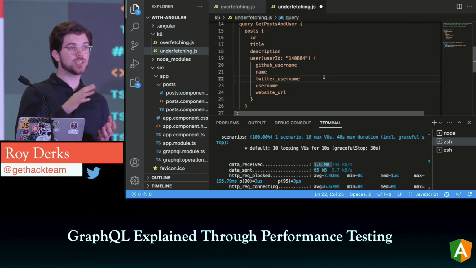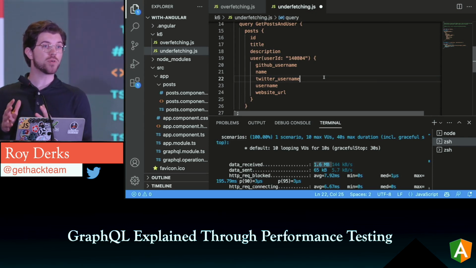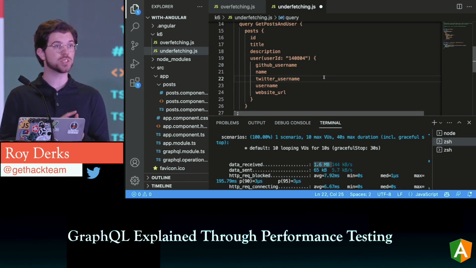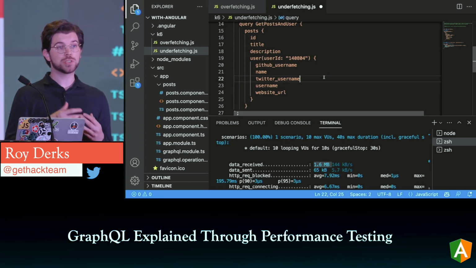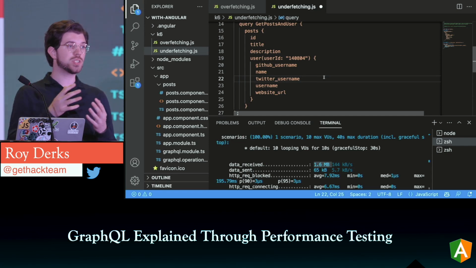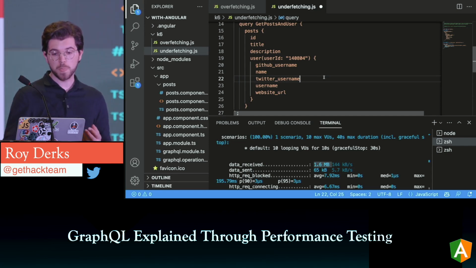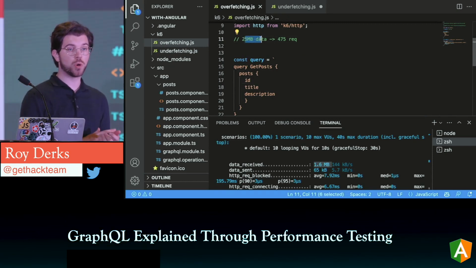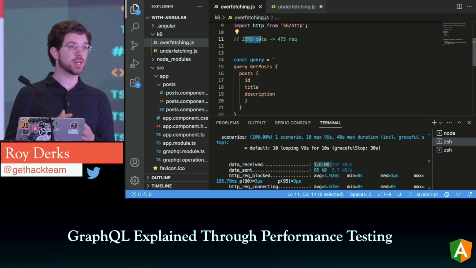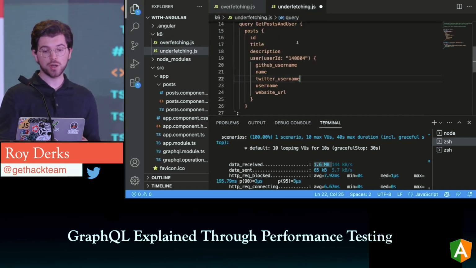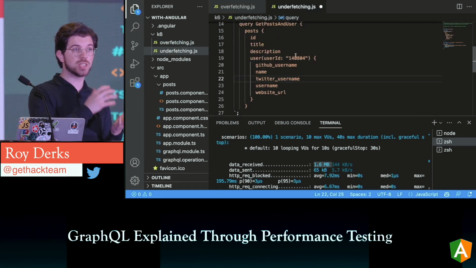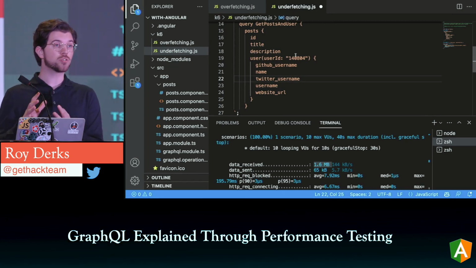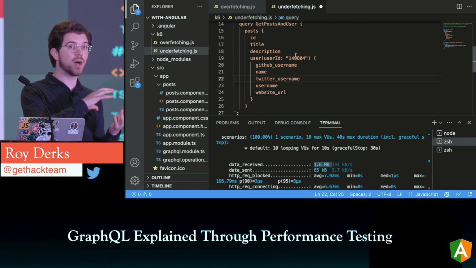And by load testing, you can see the result of this, because simply by going to your own browser and seeing the difference, it doesn't make that much of a difference, because you're only one user. But as soon as you ship code to more users, you're going to be seeing the difference in data here. Especially with overfetching, where we went from like 25 megabytes to maybe just 1 megabyte and almost a double amount of requests. And for underfetching, we saw that we could do more requests in the same amount of time and also got less data to handle, just by having the complete control over data and being able to combine these different things.